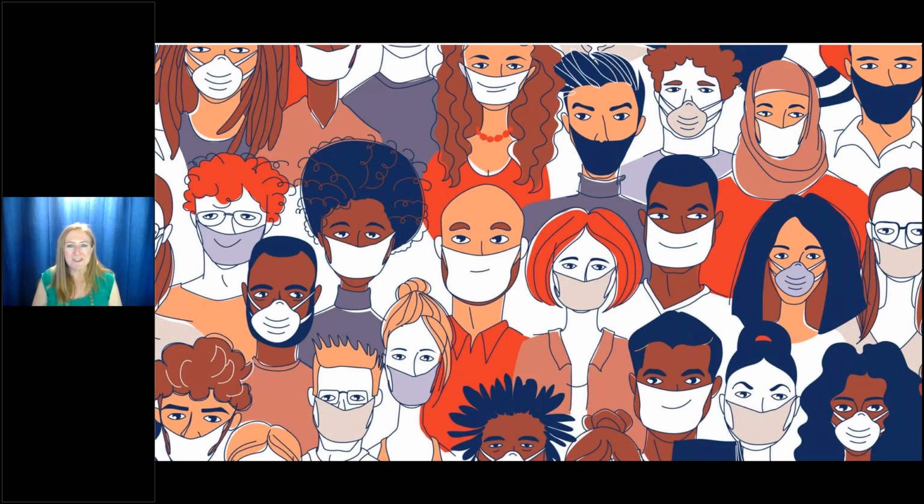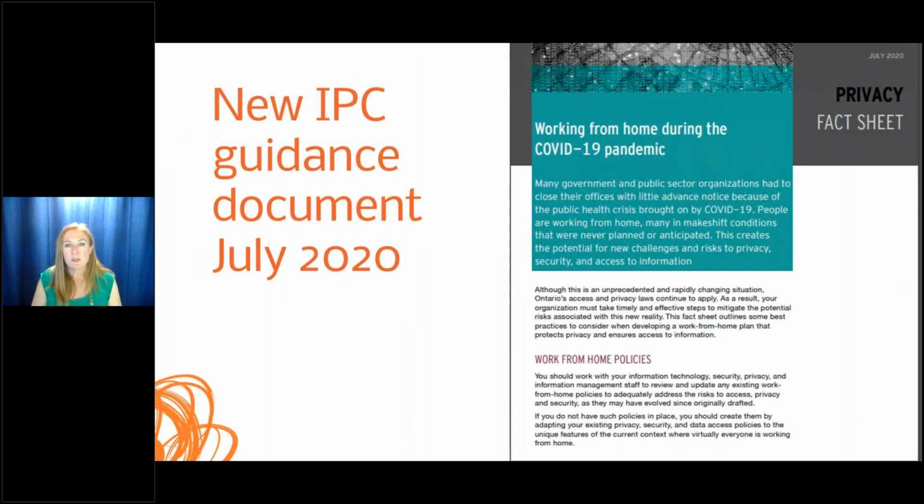Okay, let's keep on going. Of course, because of the pandemic, we have changing standards of safeguards and security that I wanted to bring to your attention. Two things: working from home and virtual care. So last July, we actually have a new privacy commissioner. Patricia Kosium is our new privacy commissioner. She started in July 2020. One of the first things she did in her new role is issue new guidelines about working from home during a pandemic in particular. So this is something all of you should read.